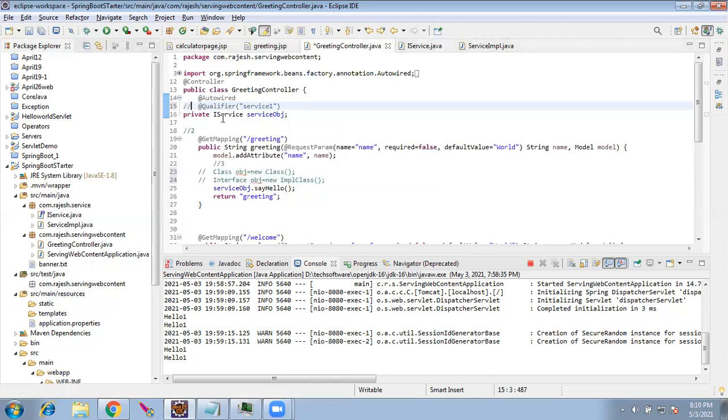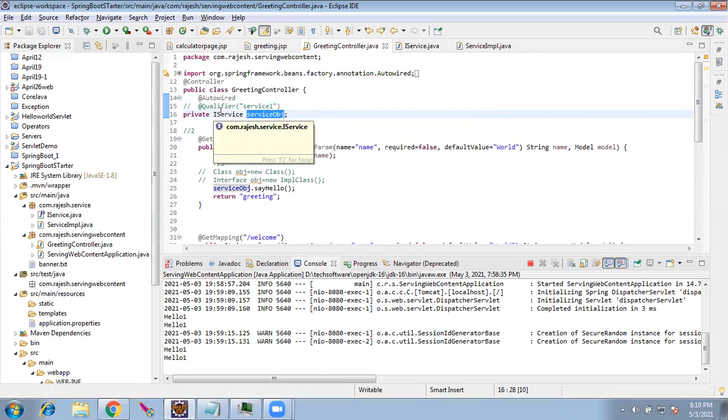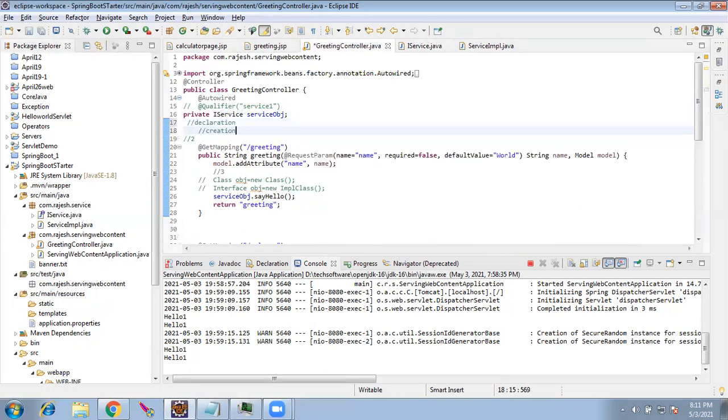Okay, now note this line. I am declaring, not creating, an object of the interface. This is declaration. Creation, or instantiation, is done using the new keyword.